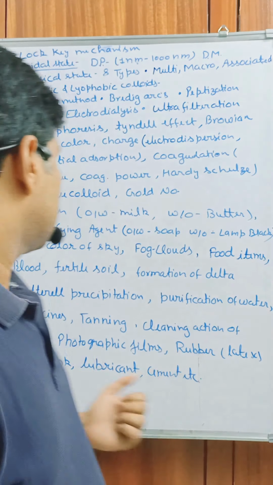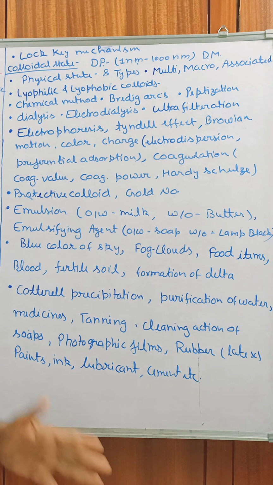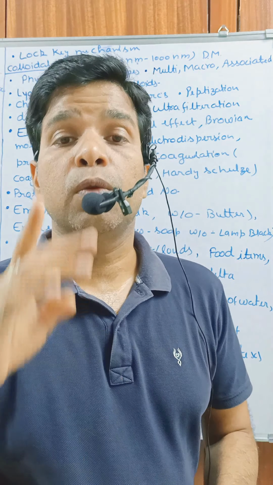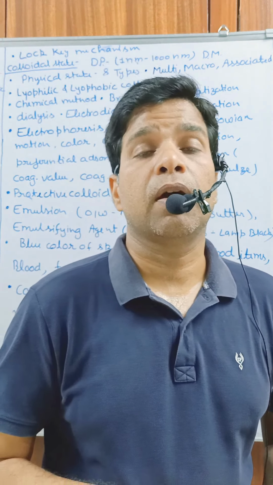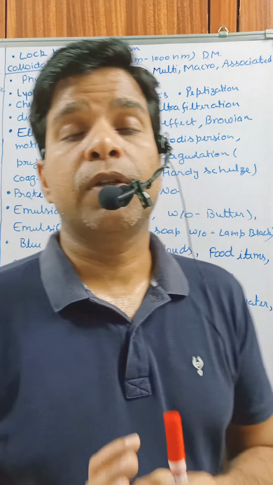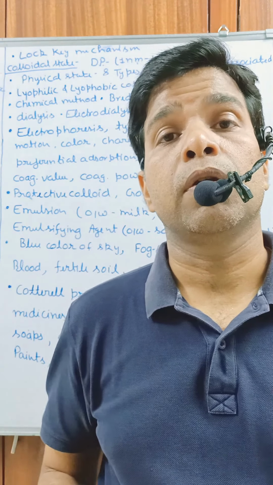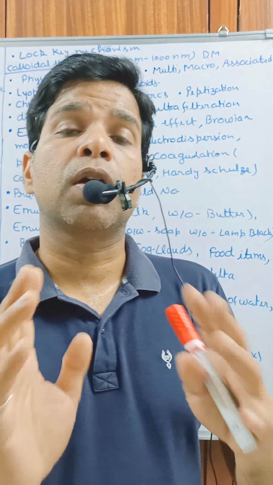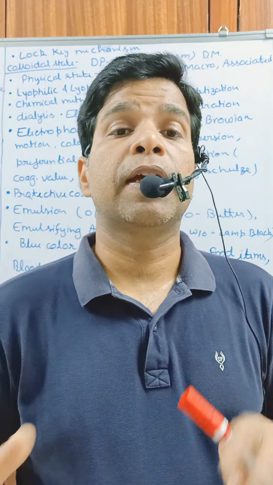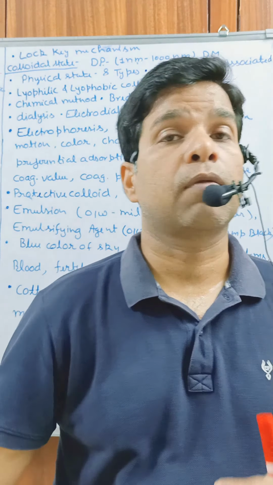Now, what are the uses? Cottrell precipitator. Look, in the chimney of industries, somewhere we have an electrode. Whatever carbon particles and dust come after burning are colloidal in nature. They may have a positive charge or a negative charge. So in the chimney we apply an electrode at some point. These electrodes neutralize the charge of the carbon, so the carbon deposits at those electrodes. They cannot go outside into the atmosphere, because if they go outside, they will cause pollution.